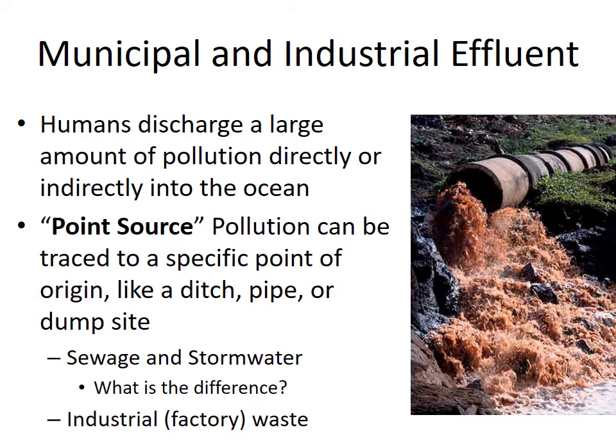Not everything that comes out of a pipe from a city is sewage, though. There's an important distinction between sewage and stormwater. Stormwater is where rain runoff is collected in ditches and drains and then flows through a pipe into the ocean. It can be quite polluted, but at least it usually doesn't have human waste in it, which sewage does. Sewage would be from pipes that come out of your homes, where what goes into the toilet ends up in the sewage,